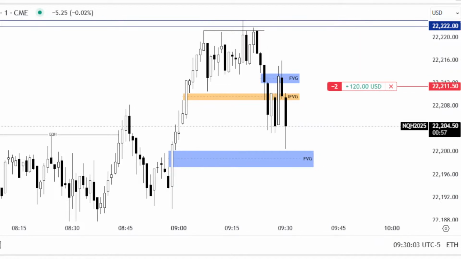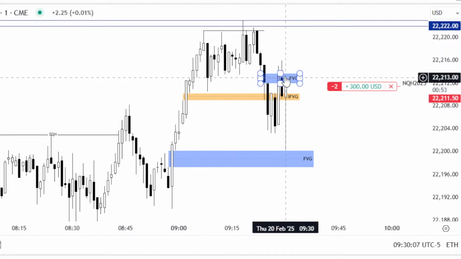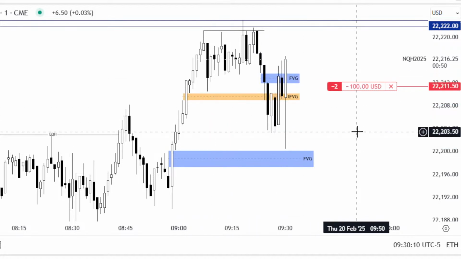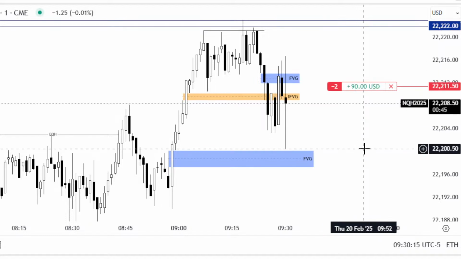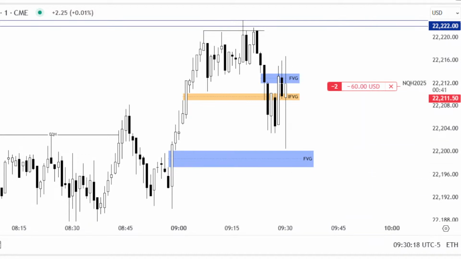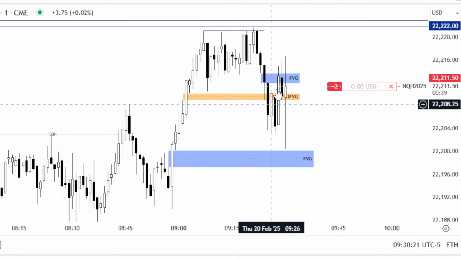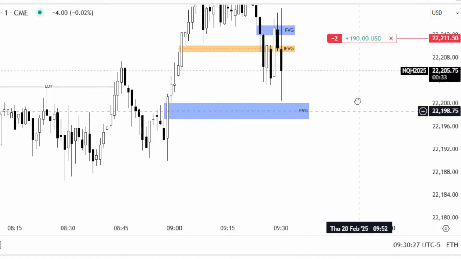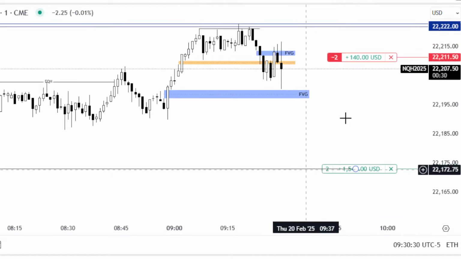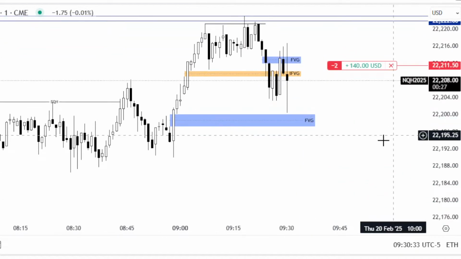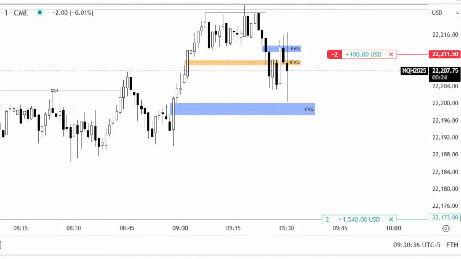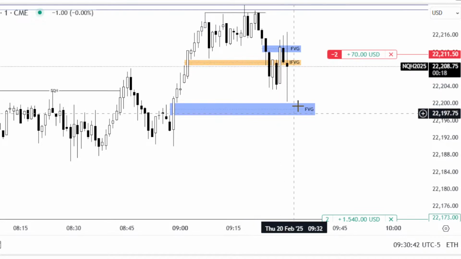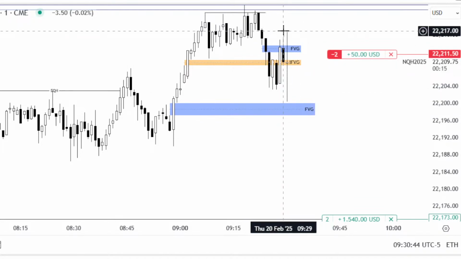Alright, so there we see close from there back into that IFG. So our price is stuck between those two. I do like price to come down, take these out. I want price to go lower here, then I'll move my stop or put my stop there.